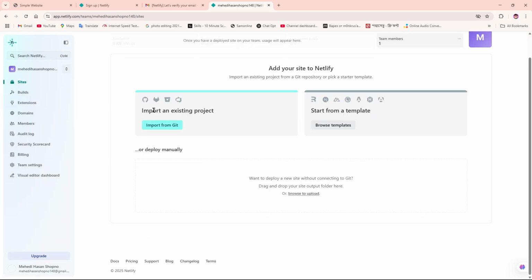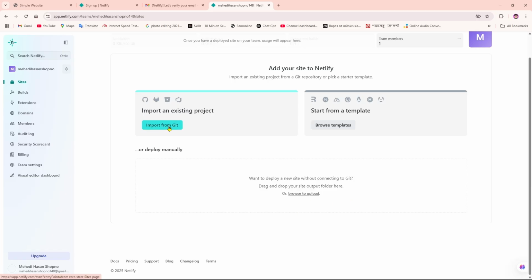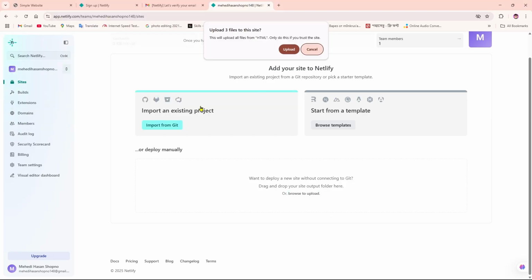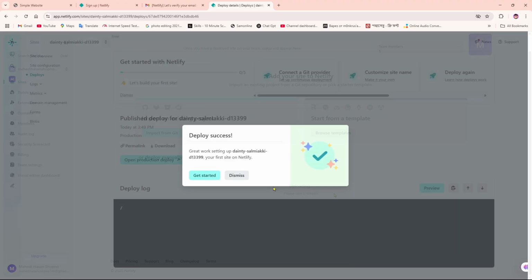And as you can see right now we rightly opened Netlify, and there are two options called import from Git or browse template. And then in the deploy manual section you can simply upload your file, and that helps you to make your website live. So for that I'm going to click on browse to upload, and from here I'm going to select my file, click upload, and as you can see it's now uploading,